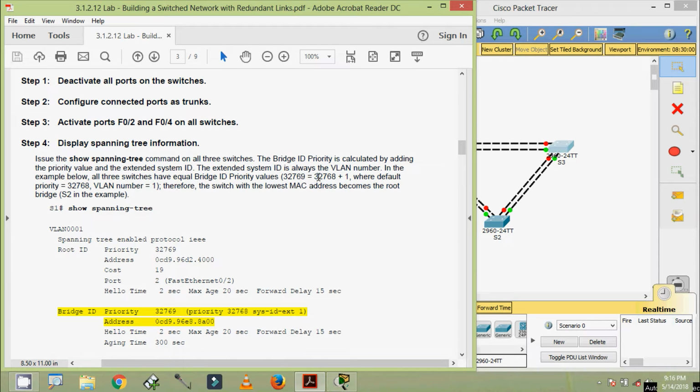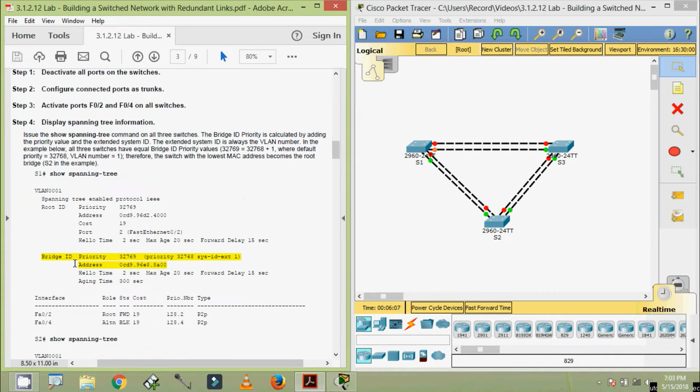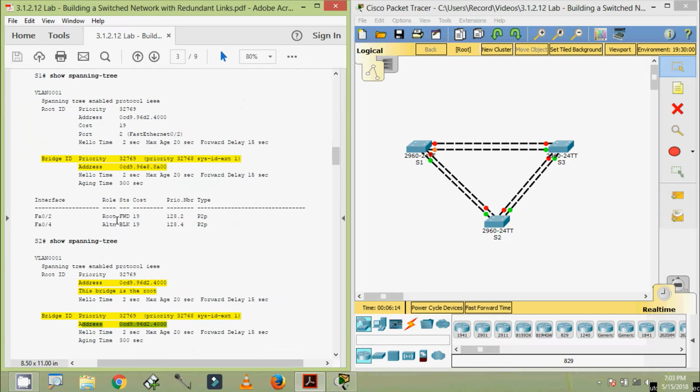That is equal to, here we can see the priority plus the VLAN number, where default priority 32768, VLAN number is 1. So therefore the switch with the lowest MAC address becomes the root bridge, S2 in the example. Here we can see the command show spanning tree to display the spanning tree information. Bridge ID priority 32769. All 3 switches we can see this bridge ID priority will be the same,